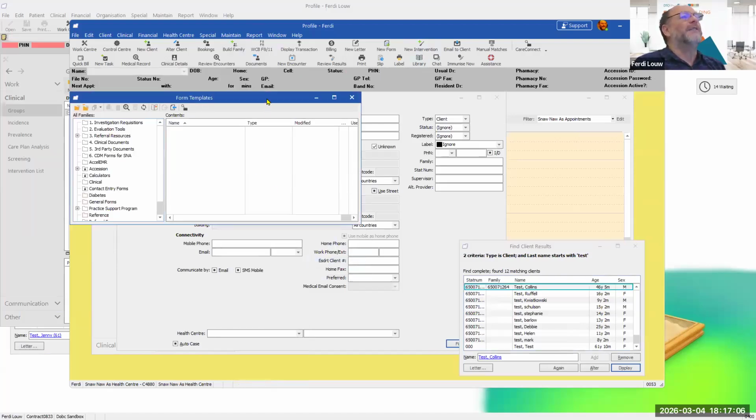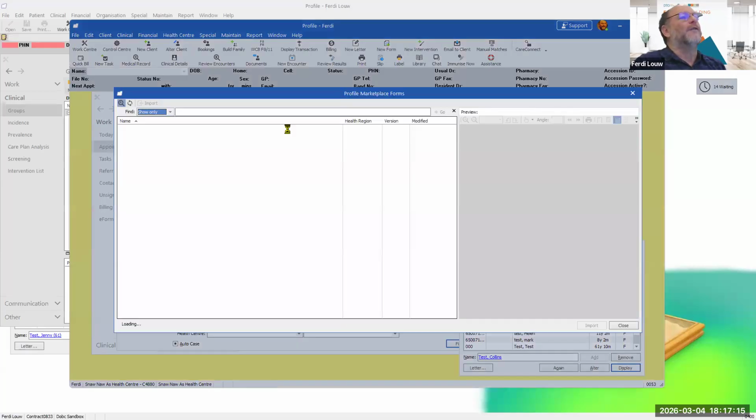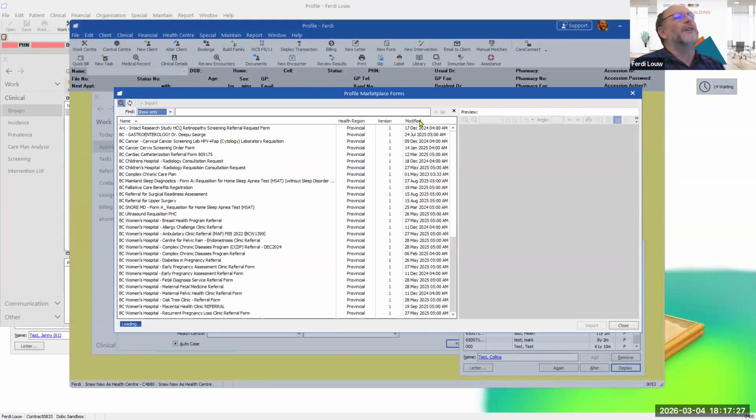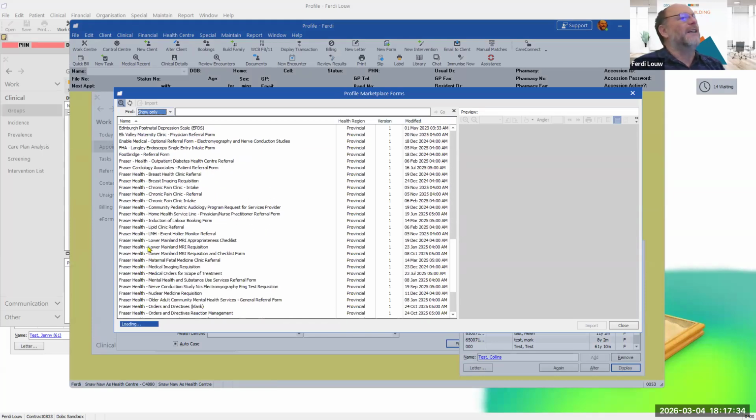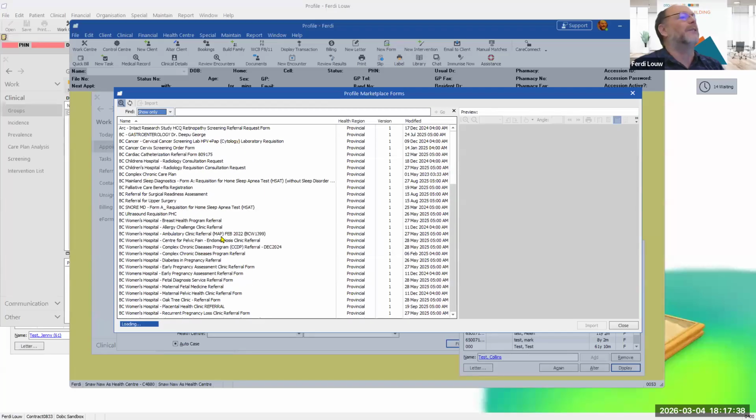And then if you've got a newer version of Profile, you'll see there is a nice handy icon that says Find in Marketplace. And that is where you can go and look for other forms that have been created by other people that are available to be shared. So it takes a while for the forms to load, but then you can see, okay, which are the newest ones. So you can sort it by date, or you can see, okay, the BC forms, or even the different areas. There's Fraser Health, and there are a lot for Interior as well.